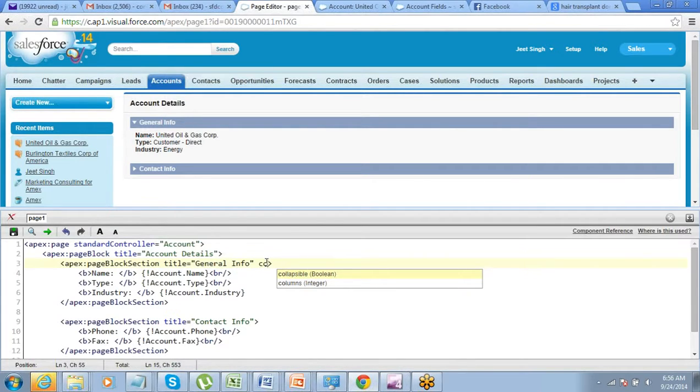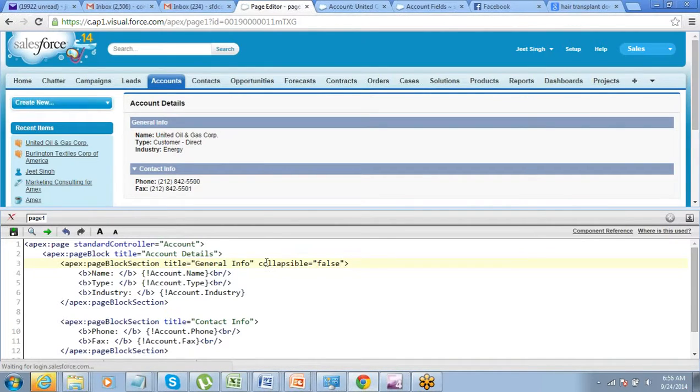See, the moment you write CO, it gives you both the options. Now select. Now it gives you true false option. That's it. So writing Visualforce is the easiest thing in the world, simpler than HTML, because in HTML also, even if the tags are smaller, that one character, you have to remember that one character. Here you don't have to do anything, you just have to start it and you can write it, right?